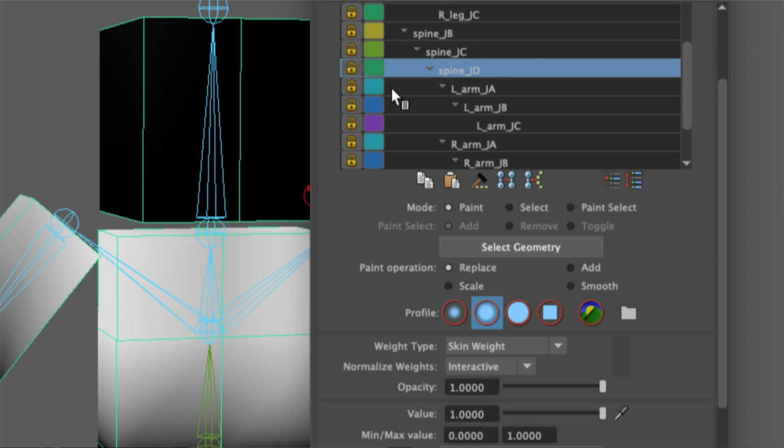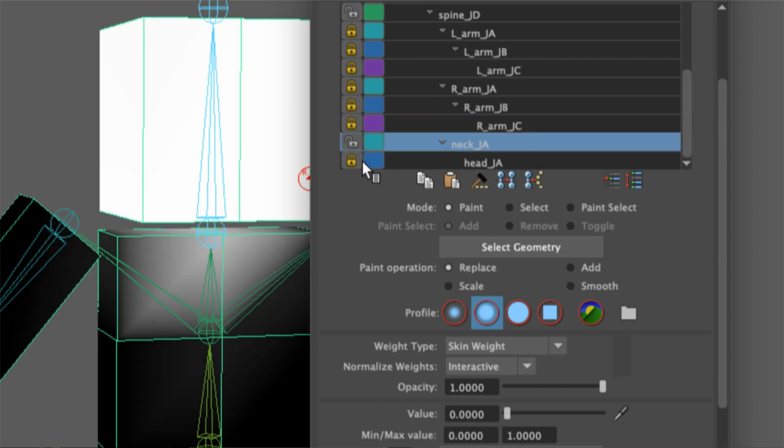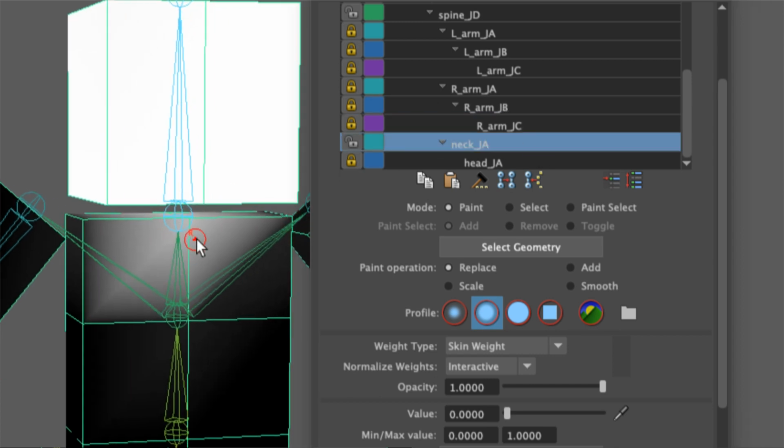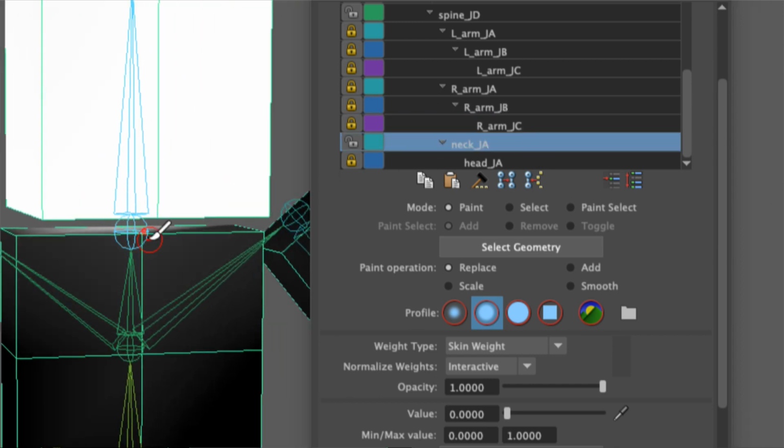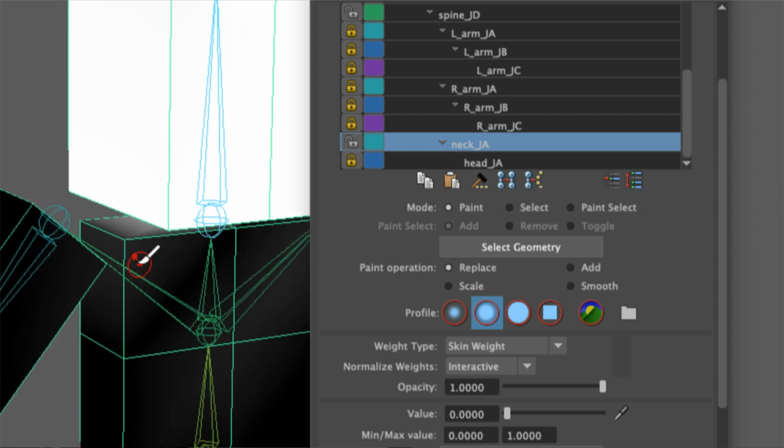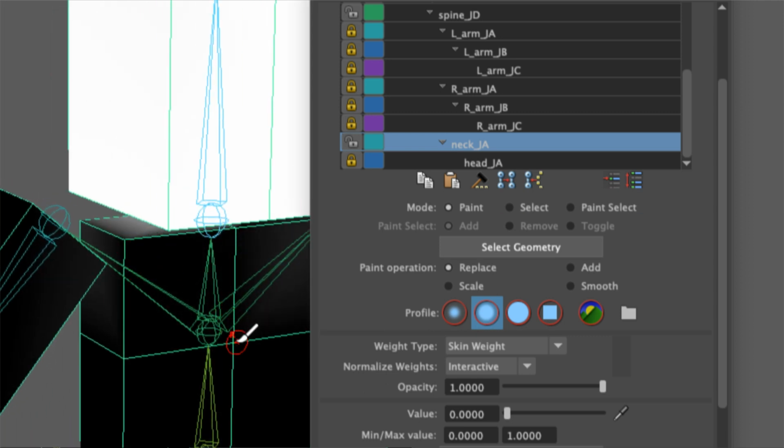You can click it to active, so you can see that okay, it's active, and then we open this lock and we are changing our value down here to be 0, and then we go back to our neck and we are going to paint these gray values here black,